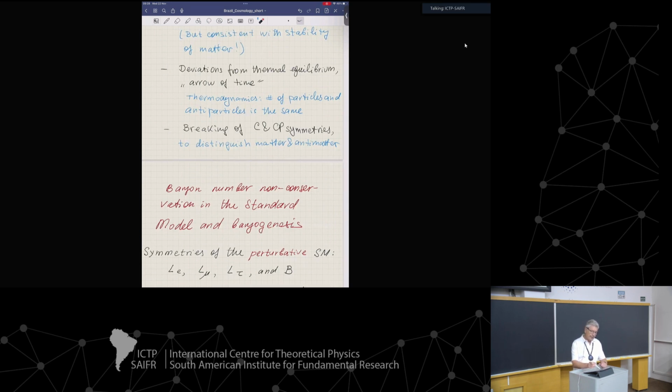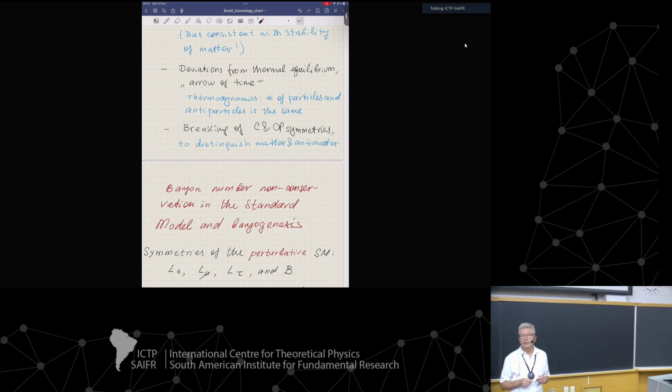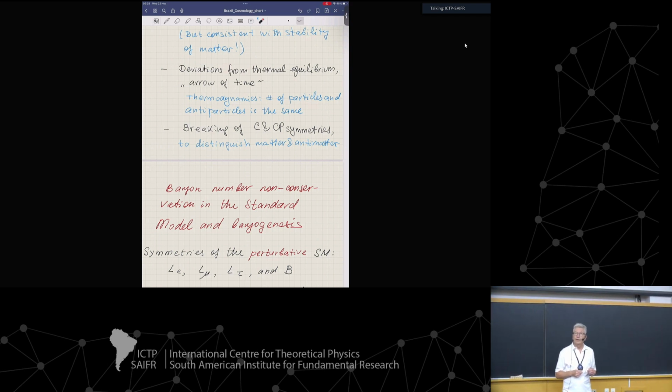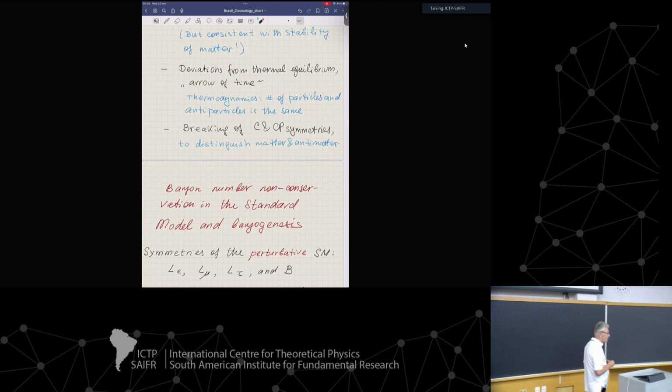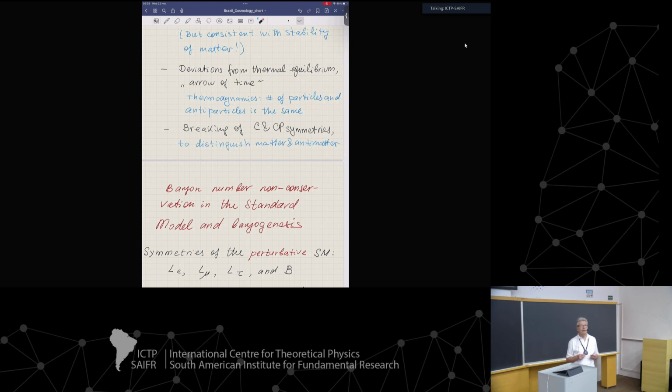Then he said that what else is needed is departure from thermal equilibrium. He called that the arrow of time. We can now understand very well why this condition is necessary. If you have thermal equilibrium, just use the thermodynamic formulas. Thermodynamic formulas would tell you that the concentration of baryons and antibaryons is the same, because masses of baryons and antibaryons are the same as a consequence of CPT theorem. And finally,